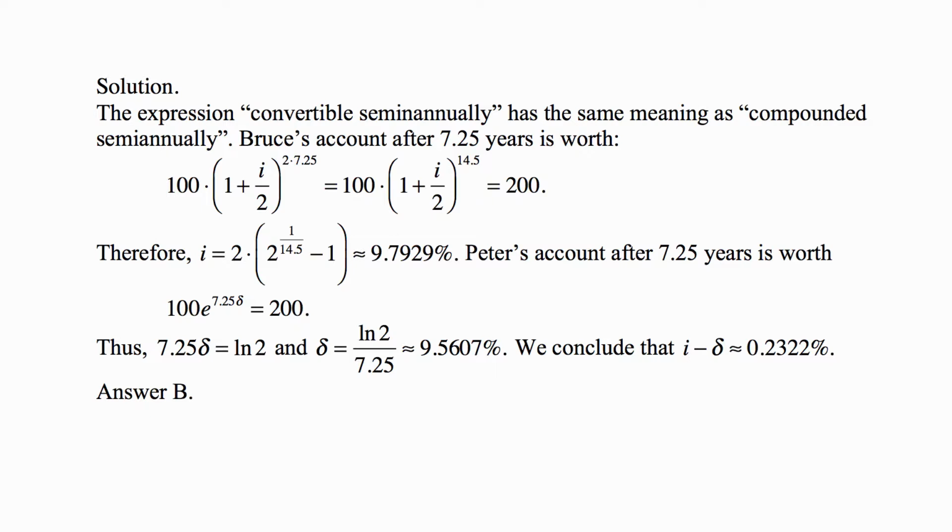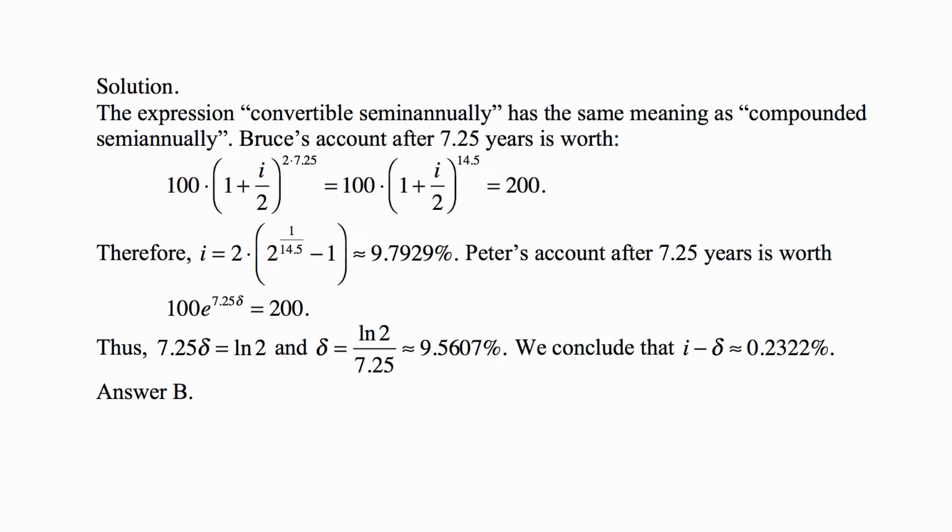So 1 plus i over 2 to the power, and then you would have 2, which is the number of compounding periods in a year, times the time period measured in years, which is 7.25 years, so 2 times 7.25. Okay, what's 2 times 7.25? It's 14.5. So this is the same as 100 times 1 plus i over 2 to the power 14.5, and